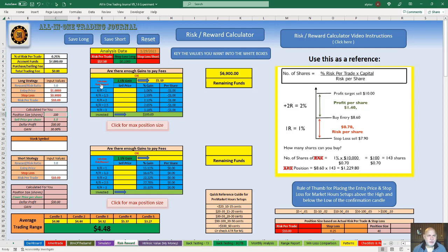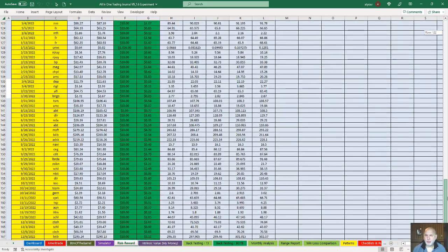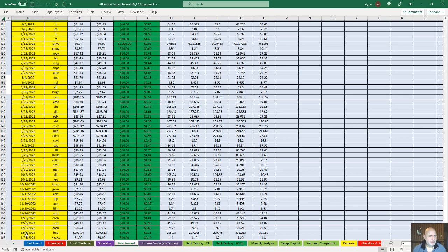If you calculate the risk reward by clicking this button, it will tell you when to get out at 1 R, 1.5 R, 2, 2.5 R, or 3. Don't forget to put the stock name in, because when you do that, you're going to be clicking Save Long. That clears the form, but what it also does is put down here at the bottom this new trade